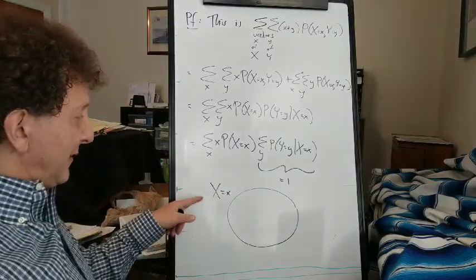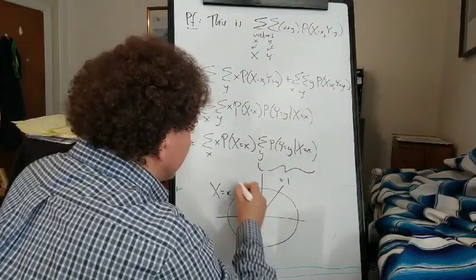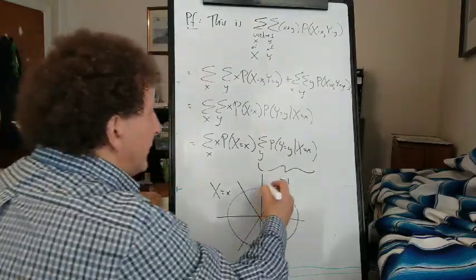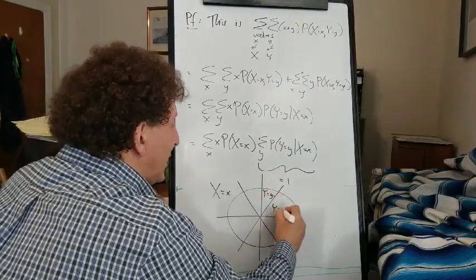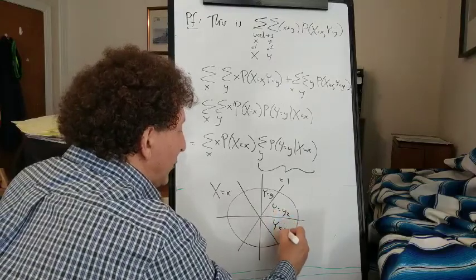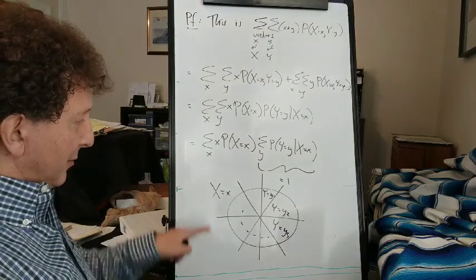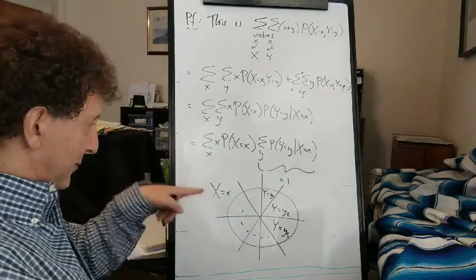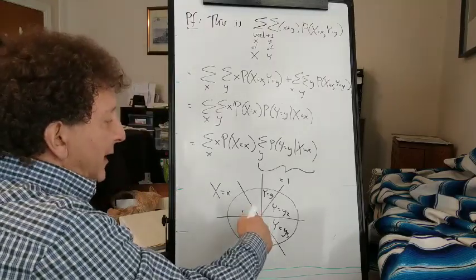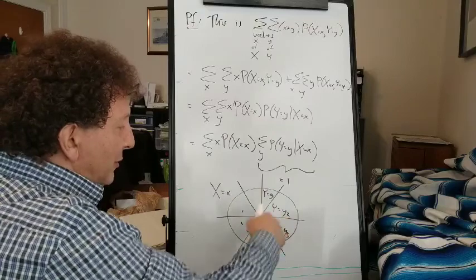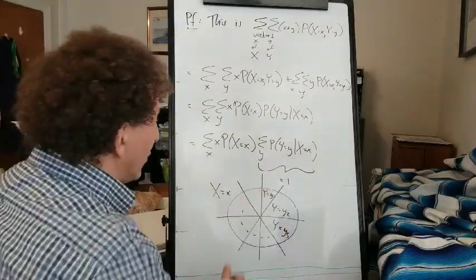So if we have this circle being the event that capital X equals little x, then the events of capital Y being, let's say, y1, capital Y being y2, capital Y being y3, etc., fill up the whole area that represents capital X equals little x. So if we take the probabilities, this pi slice over the whole region, this pi slice over the whole region, they're going to add up to 1. So this is just 1.